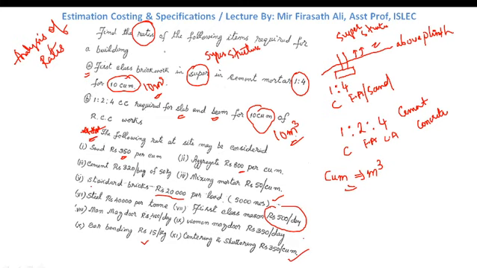By using this data for these two works, A and B, we need to find the total cost of first class brickwork in superstructure for 10 meter cube of brickwork in cement mortar 1:4, and 10 meter cube of cement concrete in slabs and beams for 1:2:4 mix design. So let us start.